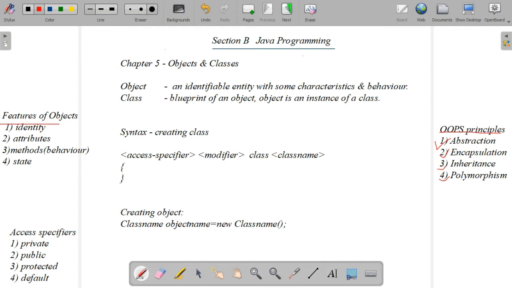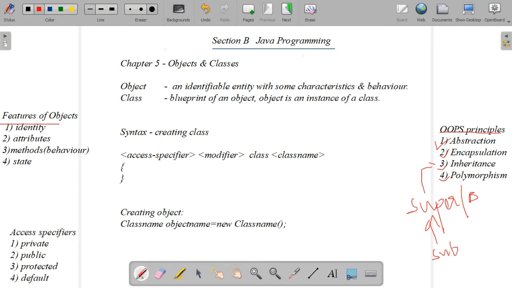The next one, inheritance. That is the method of inheriting the properties of one class from another class, or deriving the properties of one class from another class, is known as inheritance. There are two terms that all of you know: superclass and subclass. Parent class or superclass or base class, and the child class or subclass or derived class.